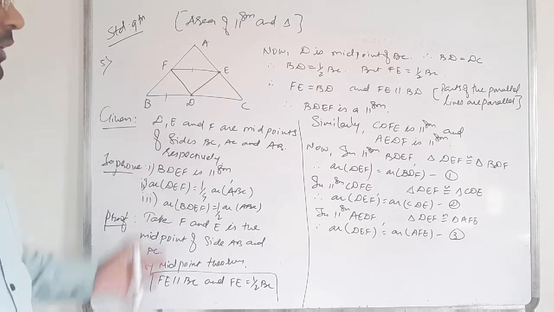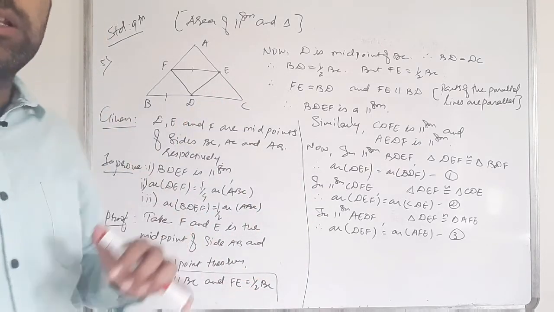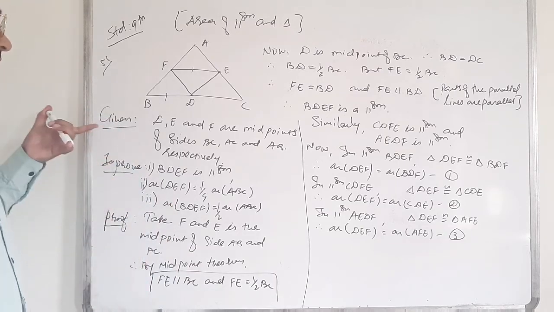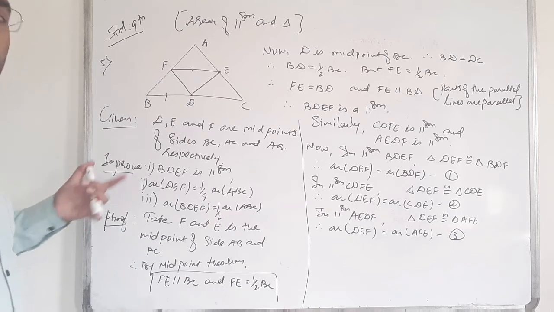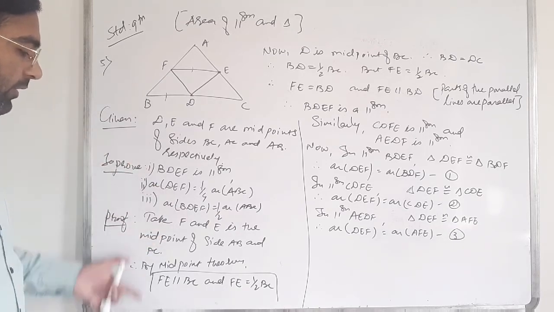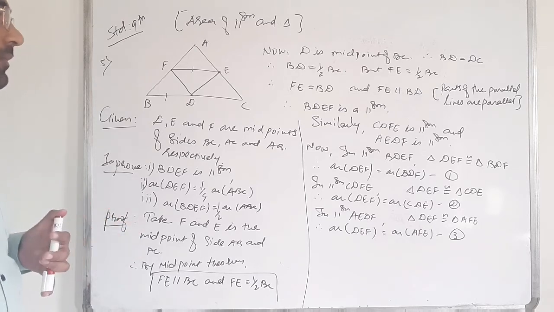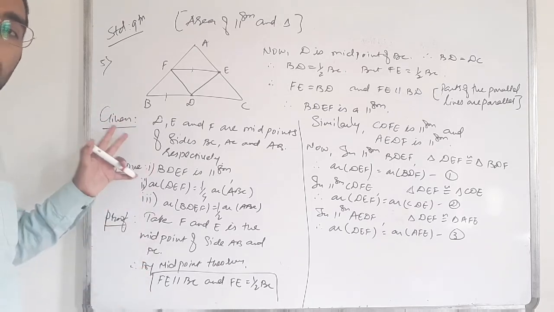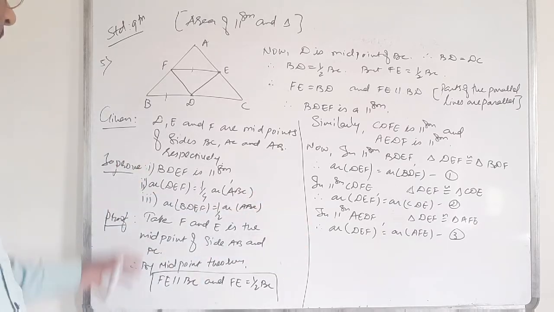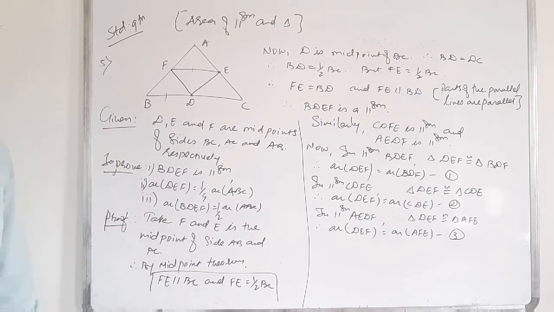First of all, please note down all these conditions, and after that we move to the second thing that we are proving. I'll rub the given and to-prove parts because the question is in the textbook, and I'll also rub this proof part that we have already seen. Please note down this part, because we are moving to the proof of the second part, that DEF is equal to 1/4 of ABC. Please note down fast.